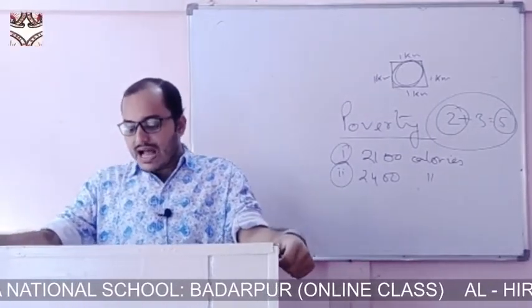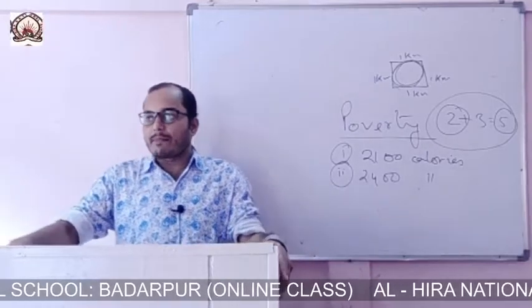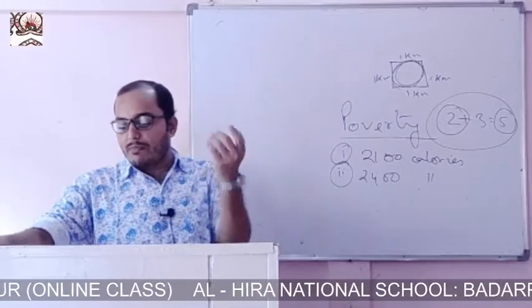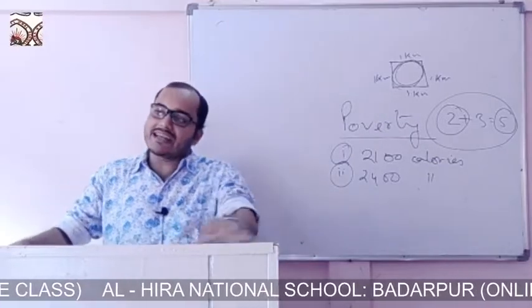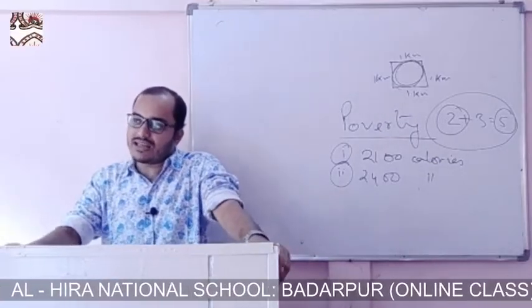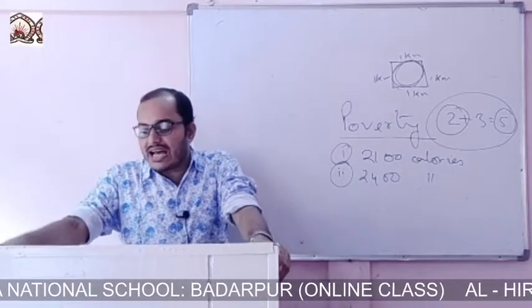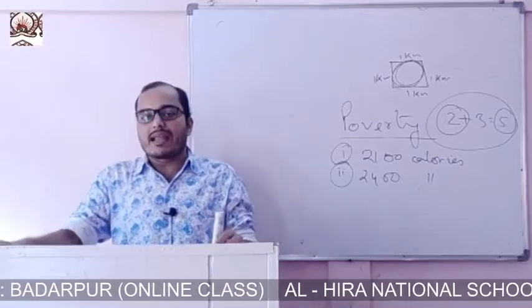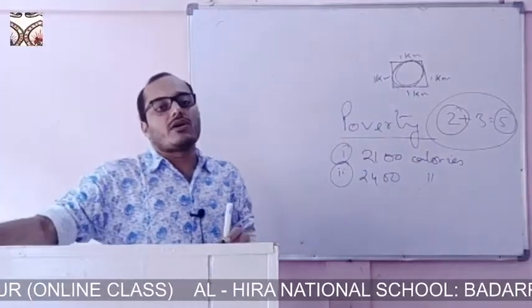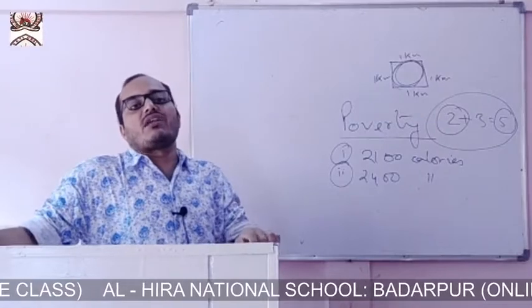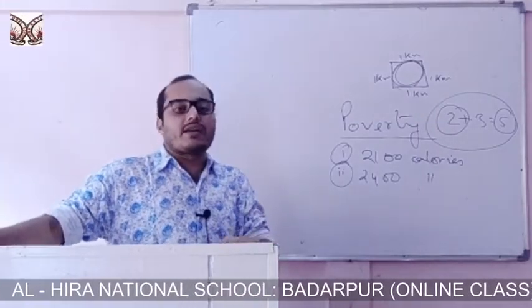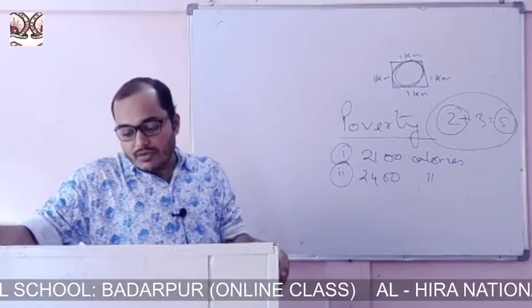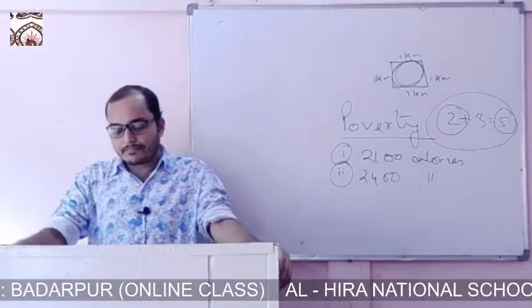Now in the urban area also, it is of two types: one is industrial unemployment, another is educated unemployment. People who do not find employment in industries are known as industrial unemployment. On the other hand, people in the urban area who are educated and have all the requisite qualifications but are still not getting employment are called educated unemployment.